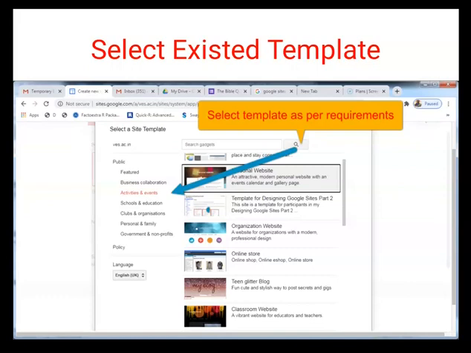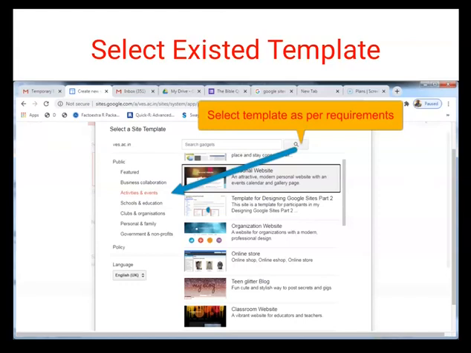Once you select classic sites, it takes you to the next page where templates of various categories are available. Here we can see some of the categories, for example: business, collaboration, activities, events, schools and education, clubs and organizations, personality and families, etc. If you want to create your website similar to these templates, then according to your requirements you can select any one particular template which already exists.